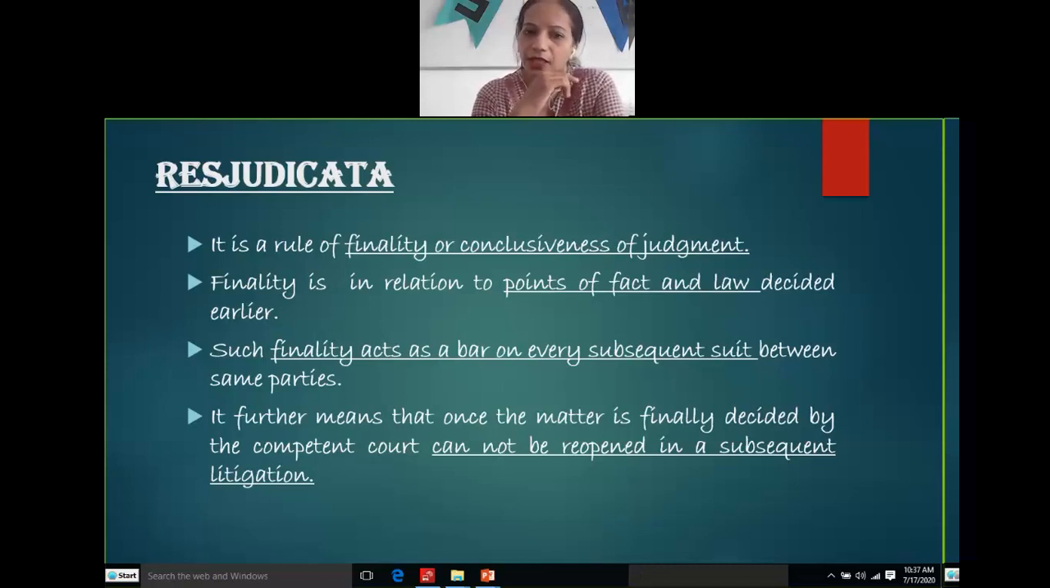It further means that once the matter is finally decided by the competent court, अब यहाँ पे बात आ रही है कॉम्पिटेंट कोर्ट की, तो न सिर्फ फाइनलिटी और कंक्लूसिवनेस ऑफ जजमेंट होना जरूरी है, न सिर्फ पूरे फैक्ट्स और लॉस जो भी पॉइंट है, जिन भी फैक्ट्स को लेके या इश्यूज ऑफ फैक्ट है या इश्यूज ऑफ लॉ है, उनको लेके जो भी पॉइंट है, न सिर्फ वो कवर होना जरूरी है, बल्कि साथ ही साथ और इम्पॉर्टेंट इज ये जो फाइनलिटी ऑफ एक्ट है, ये हर एक सब्सिक्वेंट सूट को ही सिर्फ रोकना जरूरी नहीं है, बल्कि ये